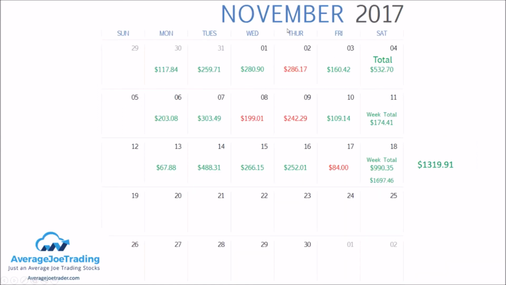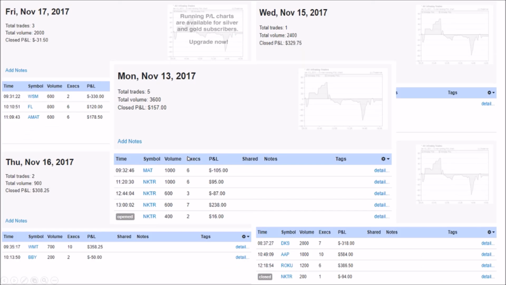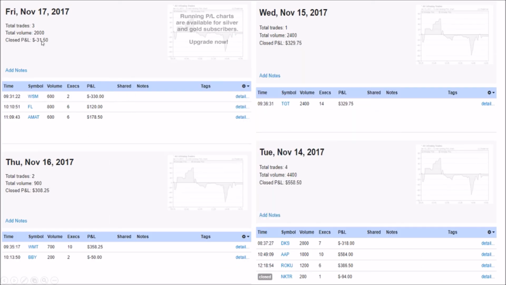So here's the calendar. It was $84. I don't know why I thought it was $60. But here is the calendar for November. You see, I had that $157 day on Monday, but after commissions and fees, you see how that dug into this. Solid day Tuesday, Wednesday and Thursday were pretty consistent. Had the red day Friday. Here's the total minus commissions. You can see these numbers are considerably different than what you see here, because these, like this minus 3150, it actually is